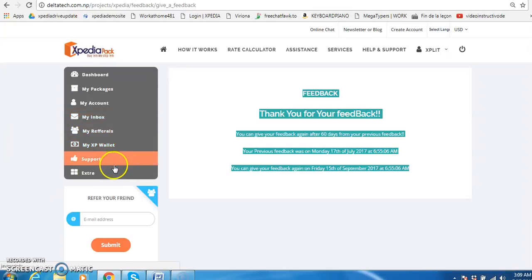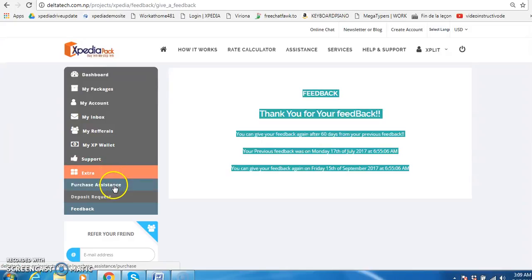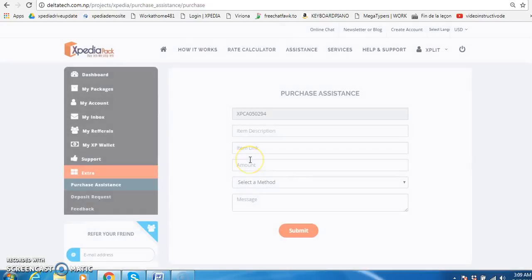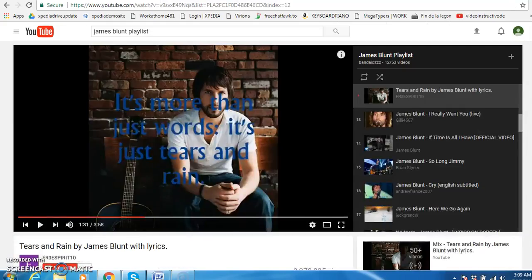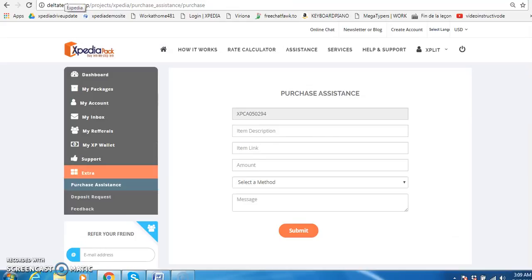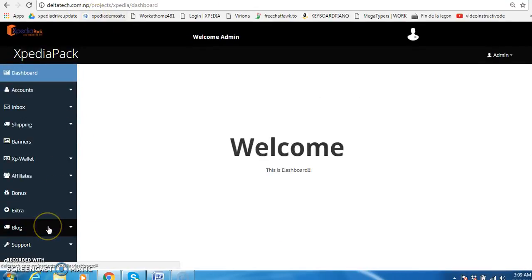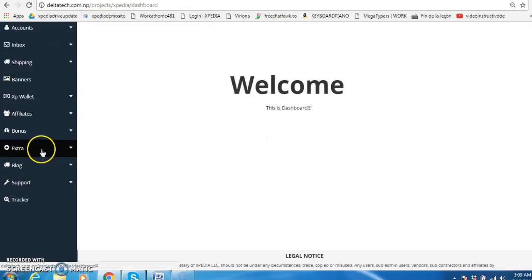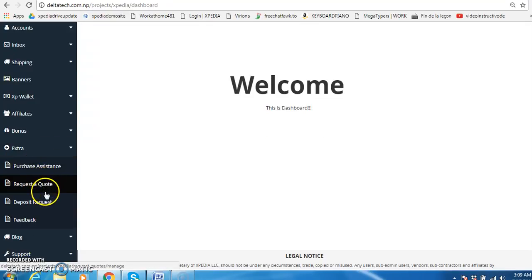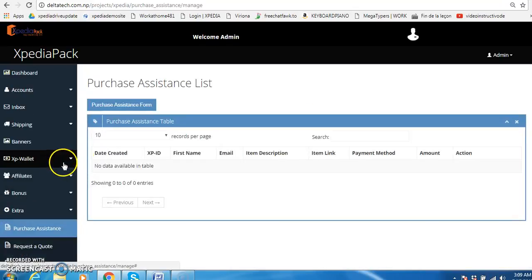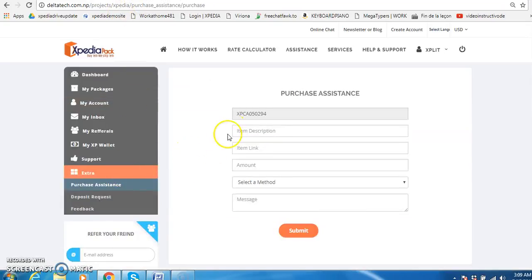If the customer clicks on extra, goes to purchase assistance, I believe it gives a bug when the customer submits that information. You can check it, guys, to make sure that we will be able to find that under purchase assistance on the other end. So each form should be related from the client. Purchase assistance should be found here, and when I submit the form, it should be here. It should be found here under the section, and it gave me a PHP error